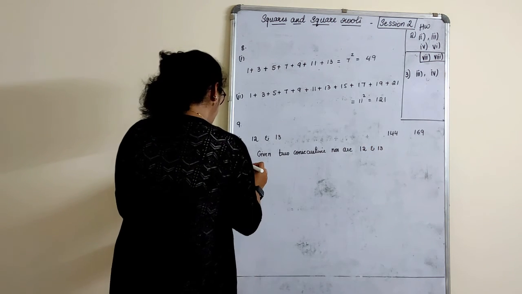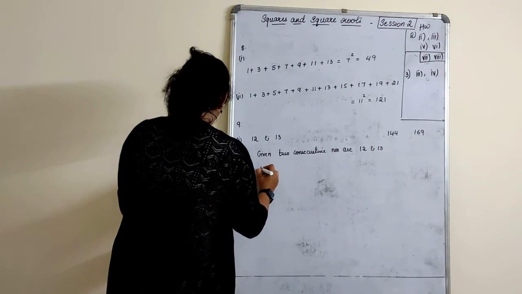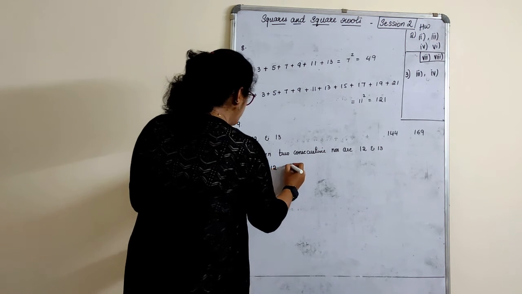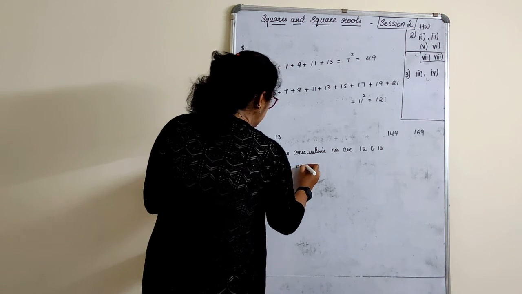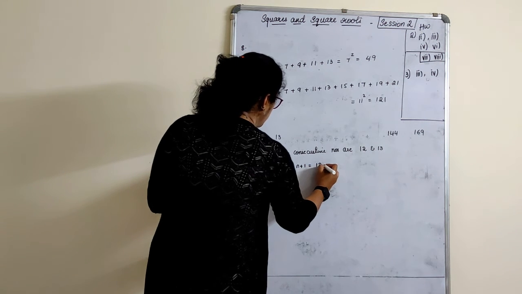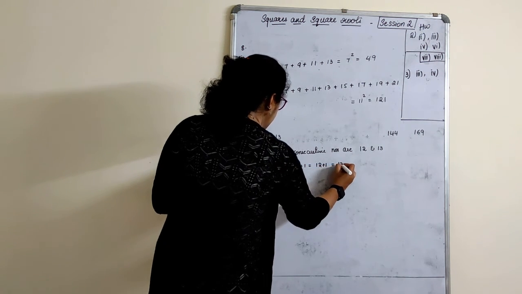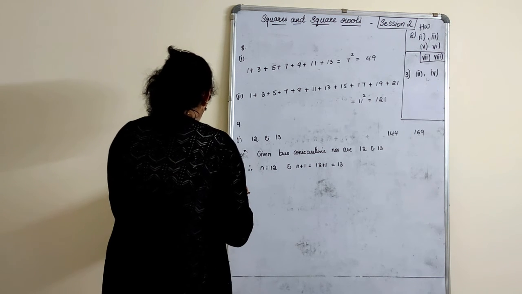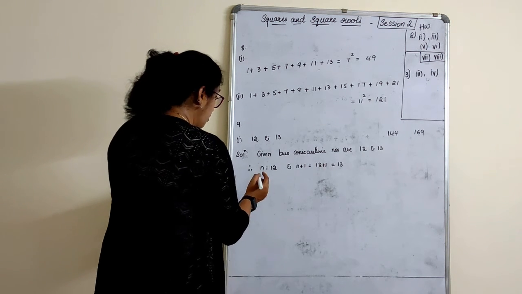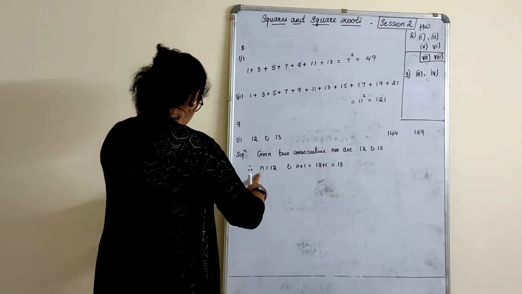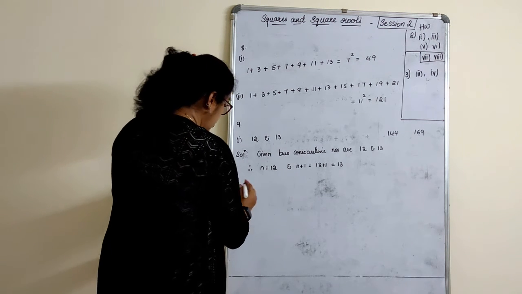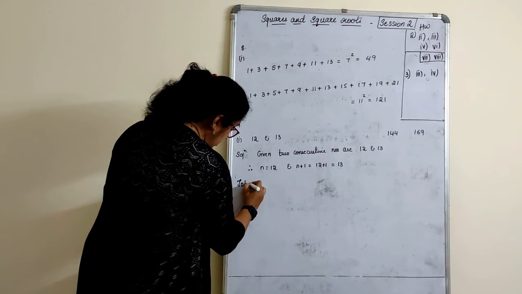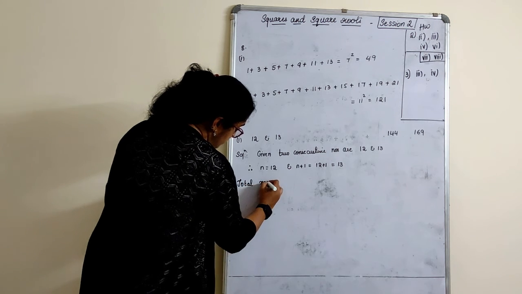This is step 1. Therefore, n is equal to 12 and n plus 1 is equal to 12 plus 1, that is equal to 13. So, total numbers that lie between the squares of